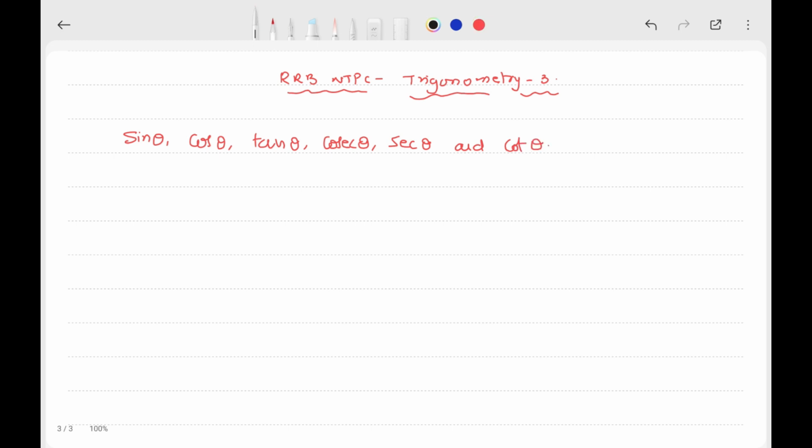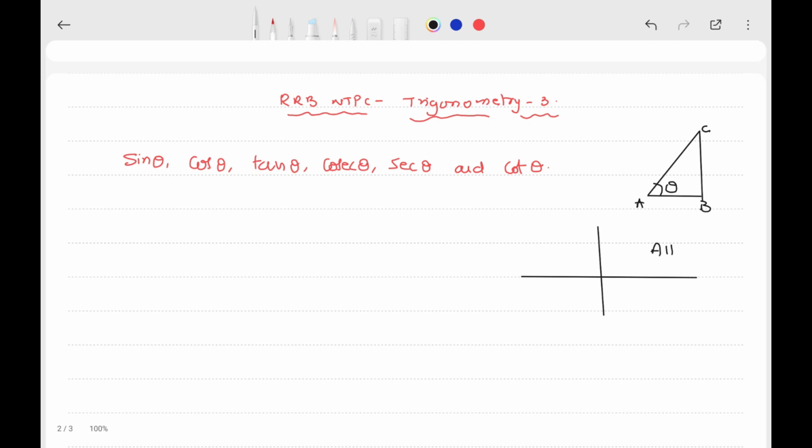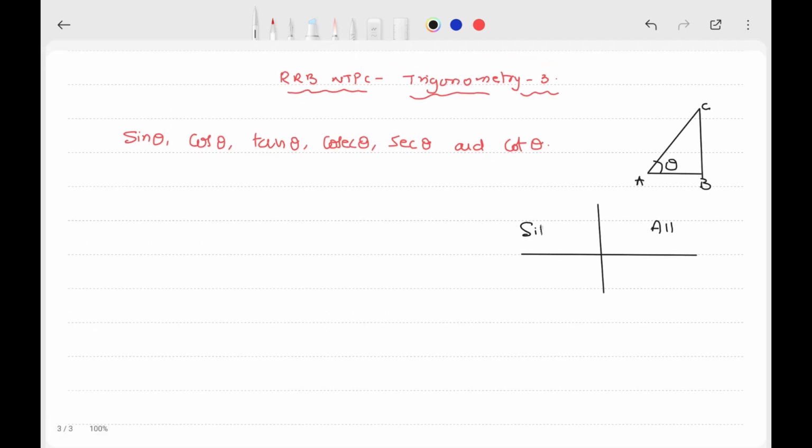The definitions for a right angle triangle where the angle theta is less than 90 degrees are already given in detail, and till now we have also dealt with how to calculate, for angles more than 90 degrees, the values of sin theta, cos theta, tan theta, and their inverses, cosecant theta, secant theta and cot theta, with the all silver tea cups rule. This is what we have discussed